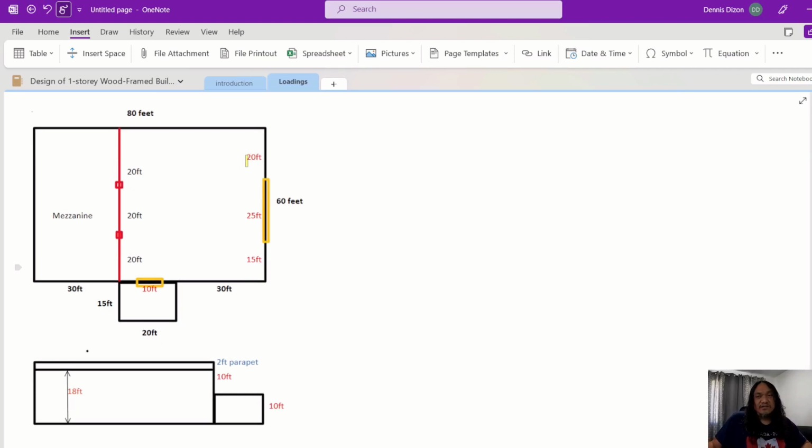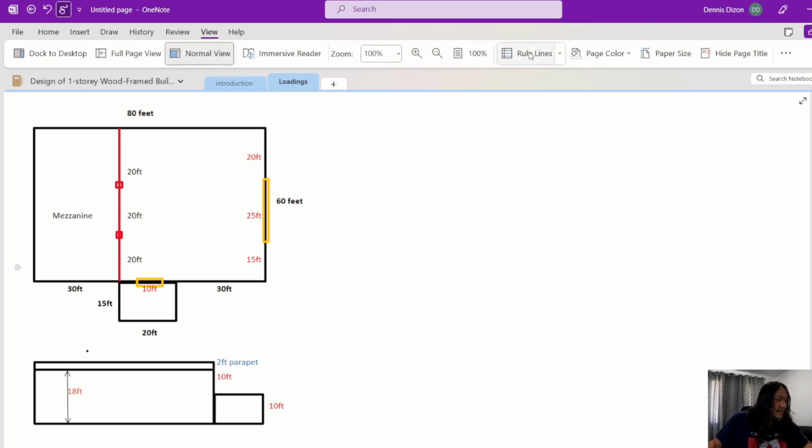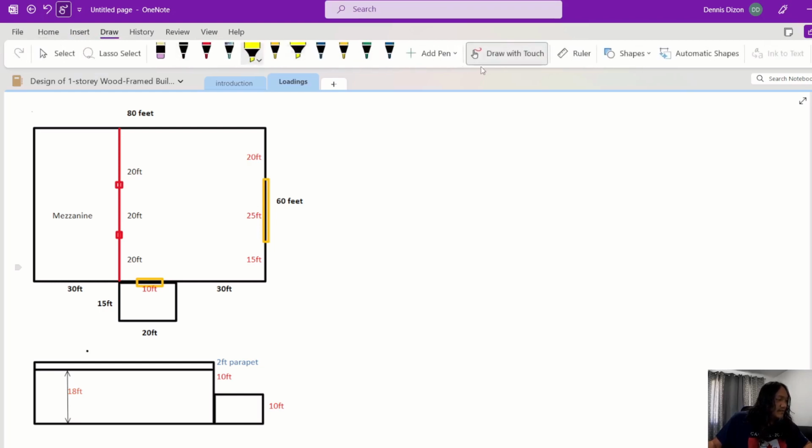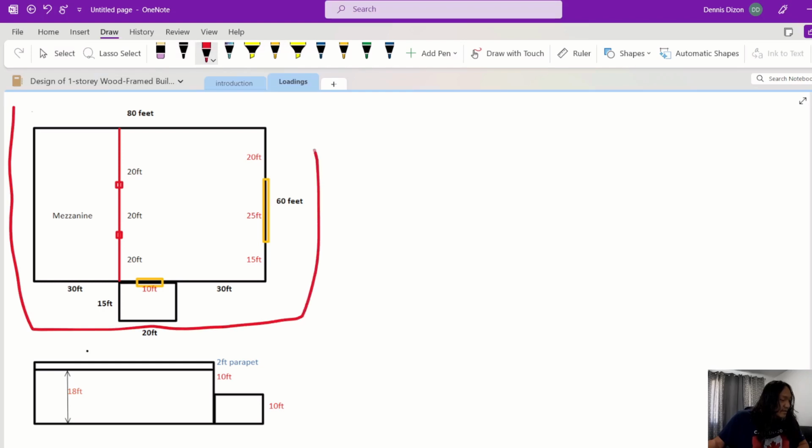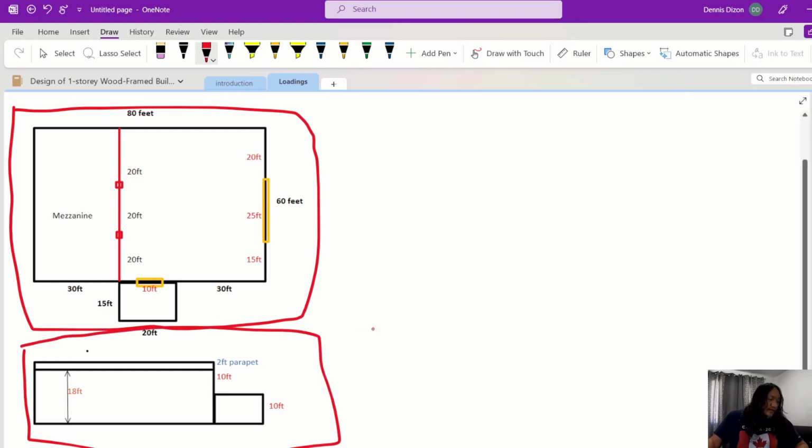This is a one-story wood frame building, and the building size is 80 feet. This portion here is the floor plan, and this is the elevation. So to calculate the wind load for this structure,